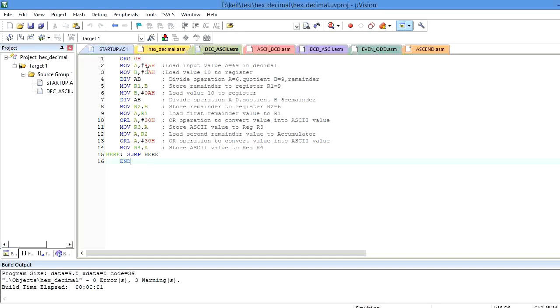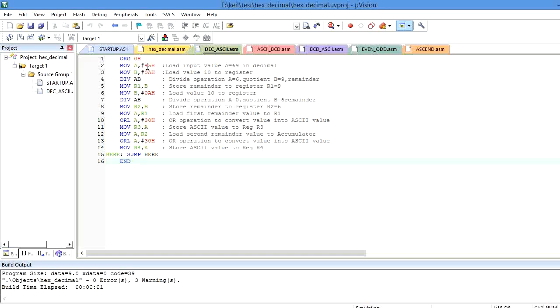In order to convert the 45H, that is the hexa value of 69, into ASCII value, first I need to perform the divide operation by 10. Whenever I perform this hexa value divided by 10, I will get the equivalent decimal value. The equivalent decimal value of 45H is 69.